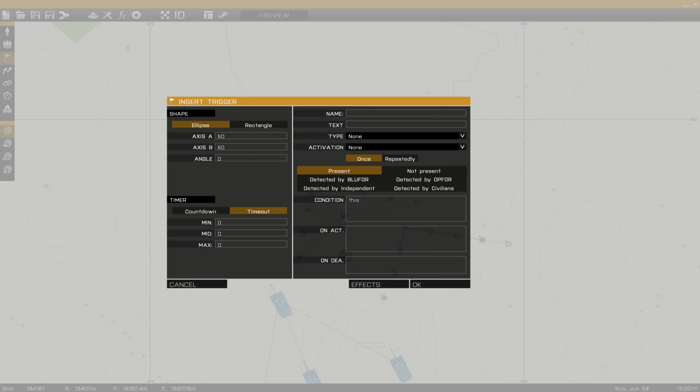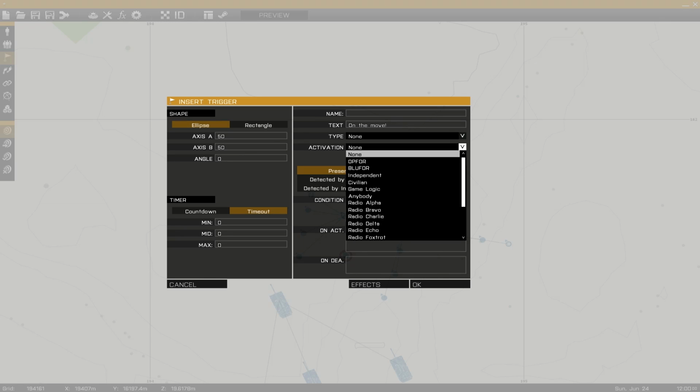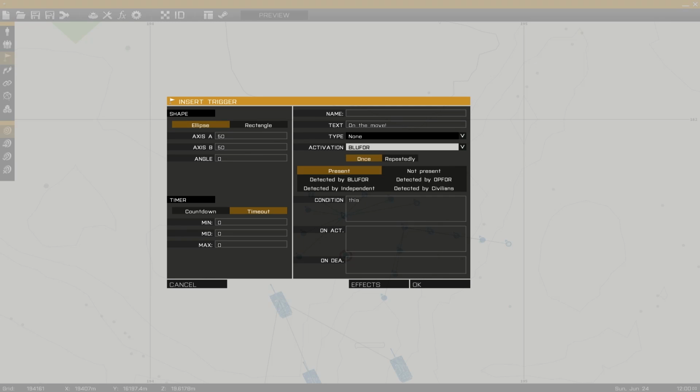So all I'm going to do here, this is trigger, F3, the shortcut to insert a trigger. Now if I'm honest, I can't remember how this works, but it looks kind of familiar to how it worked in Flashpoint. You put some text down, you basically create a trigger, and what that means is that you have to have